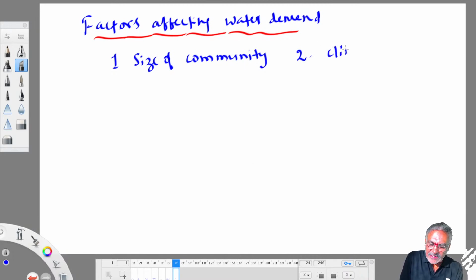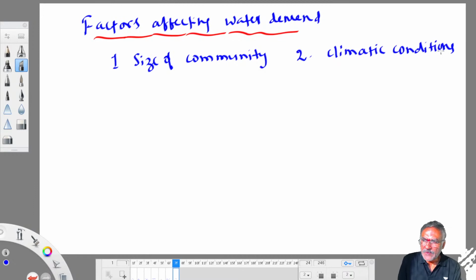Then climatic conditions, so where exactly it is located. If a dry climate is there, the public demands more water compared to a cold, chilled climate. Where chilled climatic conditions prevail, people use less water. Where a hot climate is there, people use more water. Okay? If you compare Chennai and Delhi, definitely Chennai water demands are more because Chennai is located in a hot climate zone, therefore people demand more water compared to Delhi, like that.